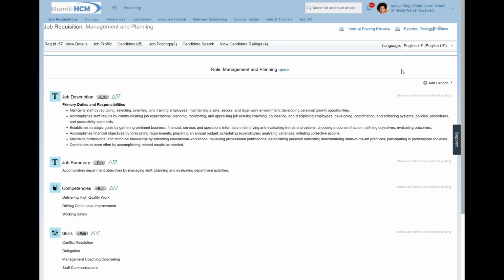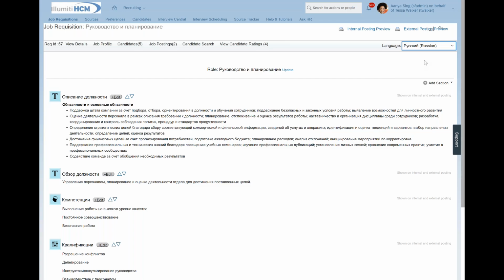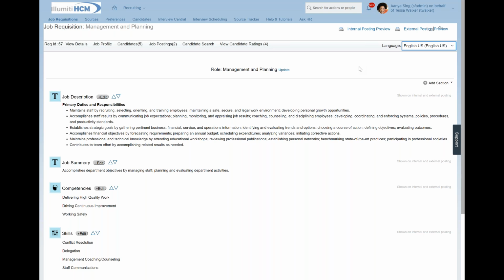Now, for those of you who happen to work in multinational organizations or organizations that operate in multiple languages, our solution does support 46 different languages. In this particular case, we are viewing this description in English. You'll see that we do have toggle buttons that switch back and forth between the available languages. In this demo system, we have English and Russian available. But again, we do support up to, I believe it's 46 different languages now. And so you can toggle back and forth between the translated values.